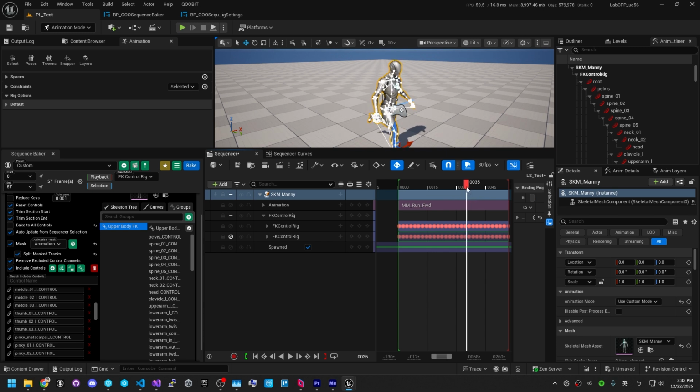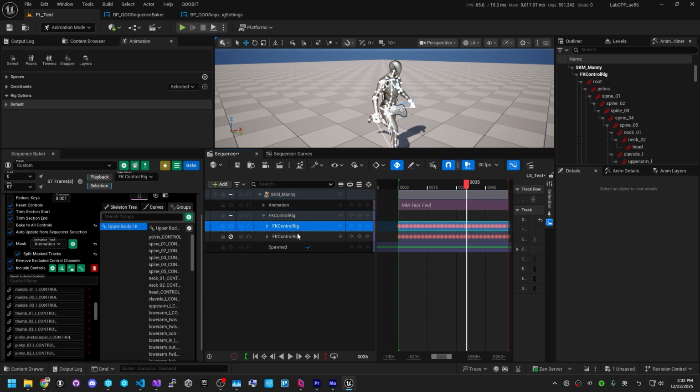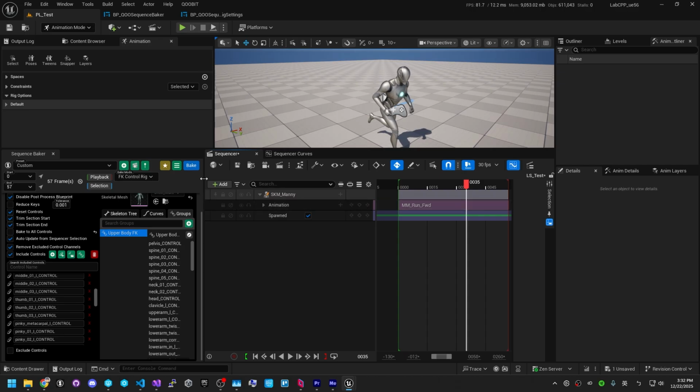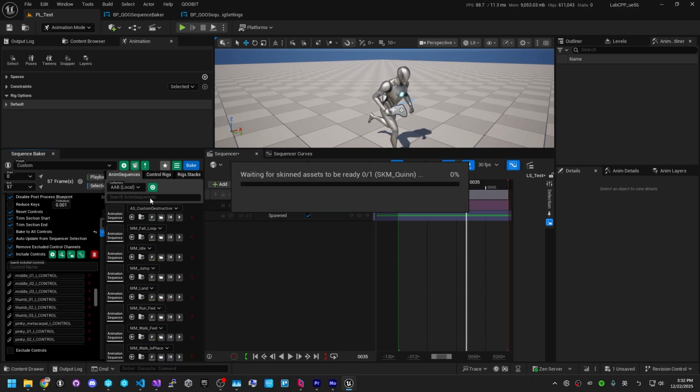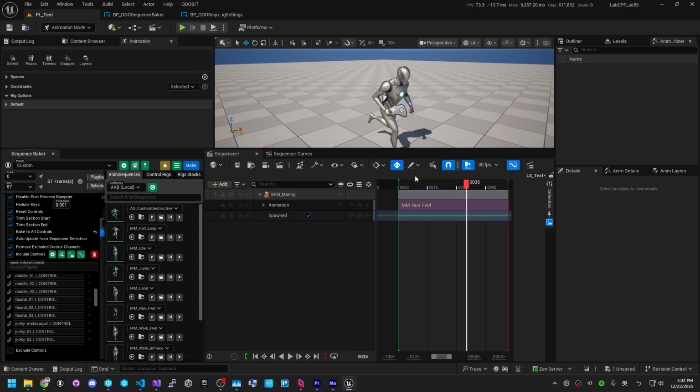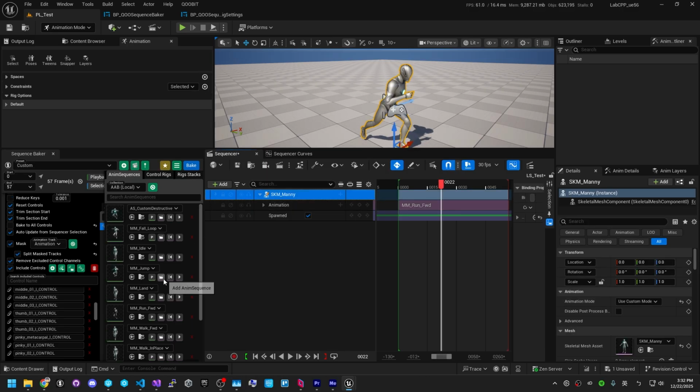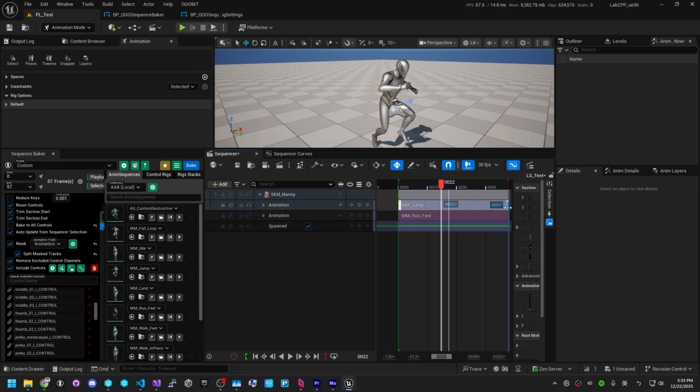All right, and then on top of this, we can start mixing and matching different animation clips for upper and lower body now. So if we come into here and we go to our stash real quick, we're going to do the similar example by switching to our jump animation. Just going to give it a sec to load. And we're going to come to here, select our track here. We're going to add a jump to the start frame, and we're going to extend it to frame 57 as